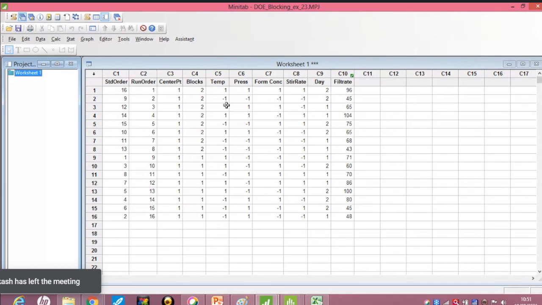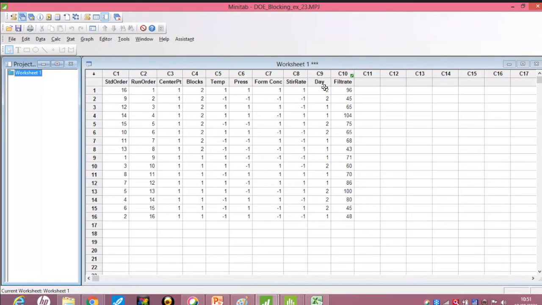These are the 5 factors, and the 6th factor is the day. Four factors are temperature, pressure, concentration, and stir rate, and day is the 6th factor.